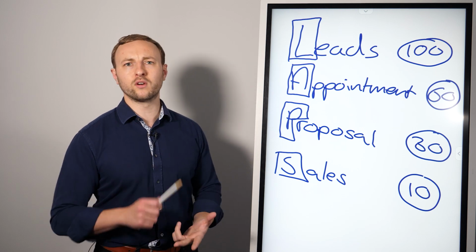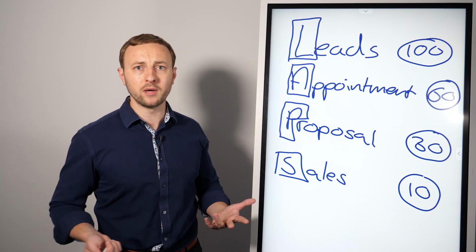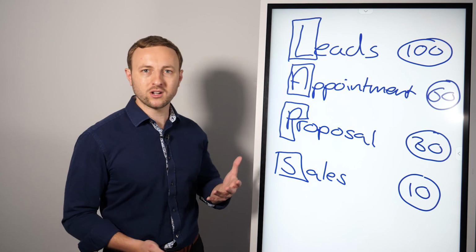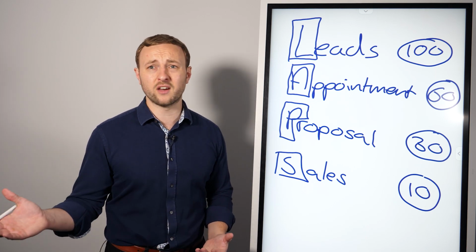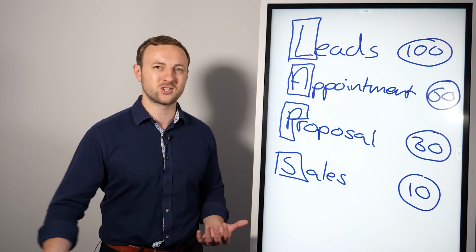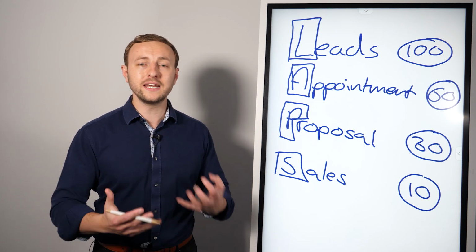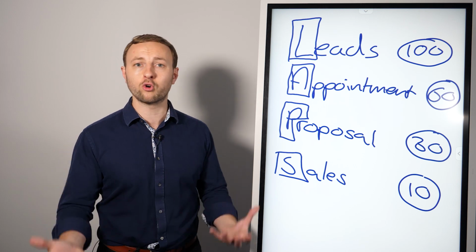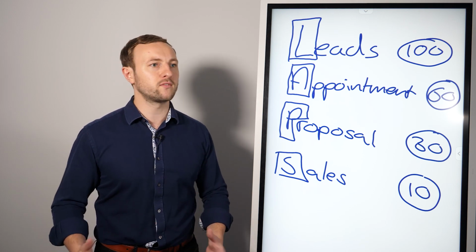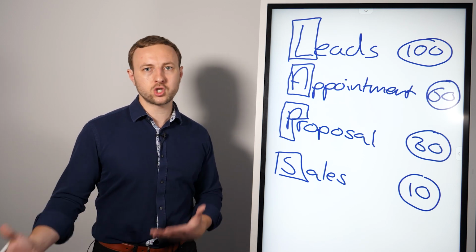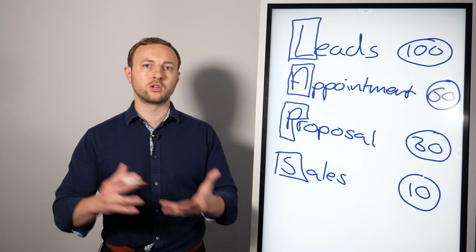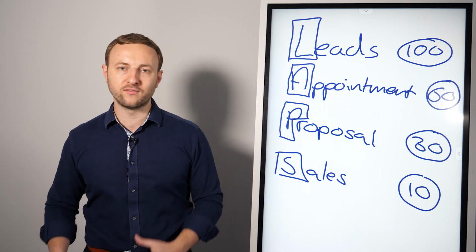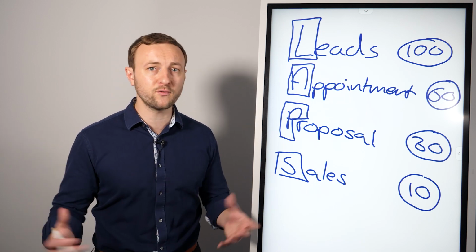Well, it's going to tell you one of two things. Either the leads are rubbish and so you need to look at your marketing, which is going to be very obvious when you talk to people because it will be like, oh no, I don't actually have any money. It's like, well, what am I saying? Because to draw in the wrong people. Or the leads are good, they've got money to invest, but you're crap at selling. So it's just a case of, okay, how do I tweak a script? Who do I need to get educated by to learn the script and the process a bit better, and how do I convert higher?